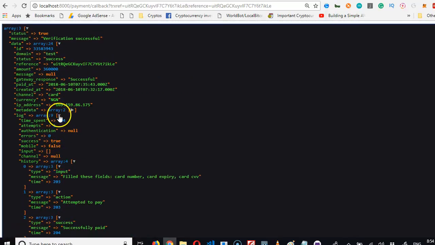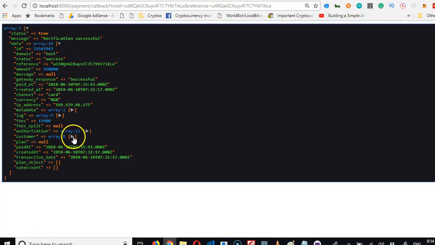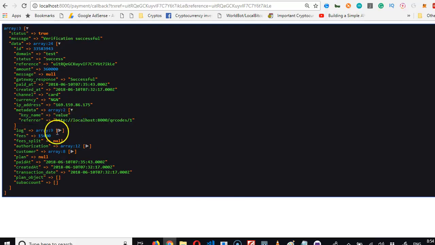So the thing is that we need to save all this data. Eventually we'll have to create a field on our database that will dump all this data. But then we need to extract just what we need. Remember, we did some metadata and we're supposed to pass something. Look at key name and value. If we come here,